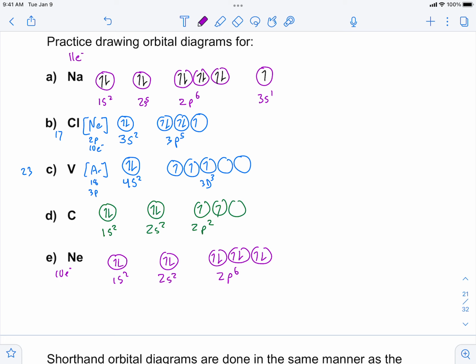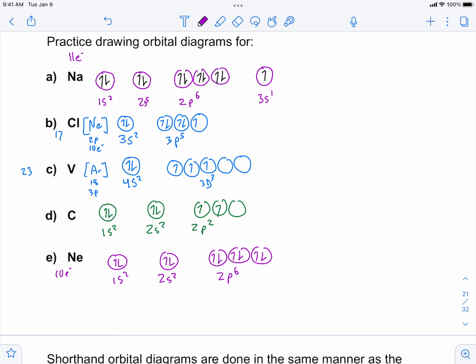Okay, so orbital diagrams are just pictures of what you've done. The only difference is when you draw your circles, you just got to go from left to right when you fill in the sublevels. All right, so you got to make sure that you have the most unpaired electrons as possible. Okay, we have already talked about shorthand diagrams,